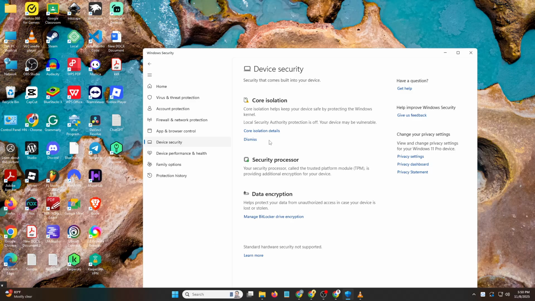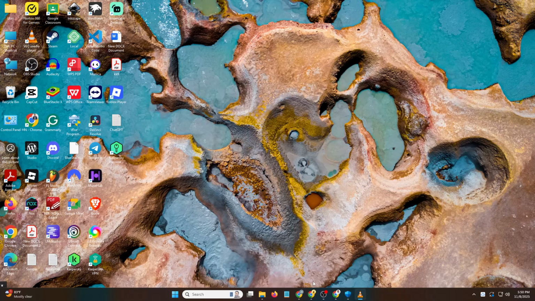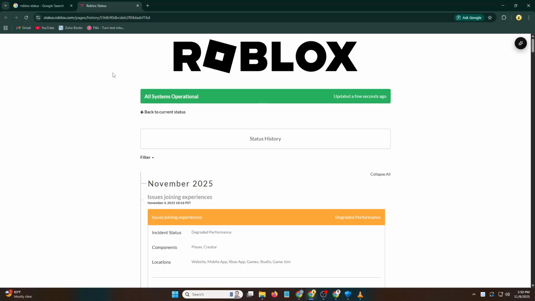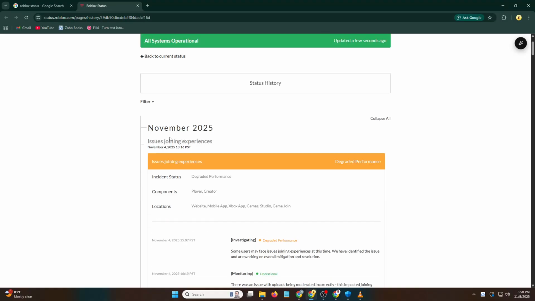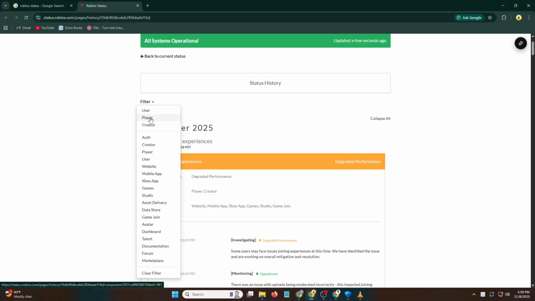If the error still shows up, the problem might not be on your end. Roblox servers can sometimes go down. Go to status.roblox.com and check the server status. If everything is showing green and says all systems operational, then the issue is local, meaning it's something on your PC,